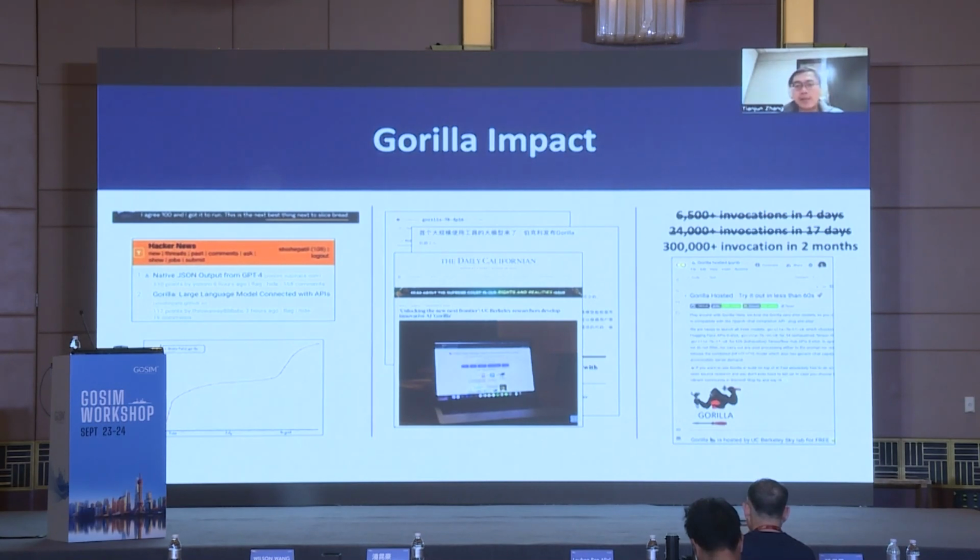We provide a Colab notebook for people to try our version of the API calls. We also provide a GitHub CLI tool, which can be easily used via pip install. And from these tools, we have been receiving 300K invocations in the past 2 months, which means the users are trying this model and really getting something working.